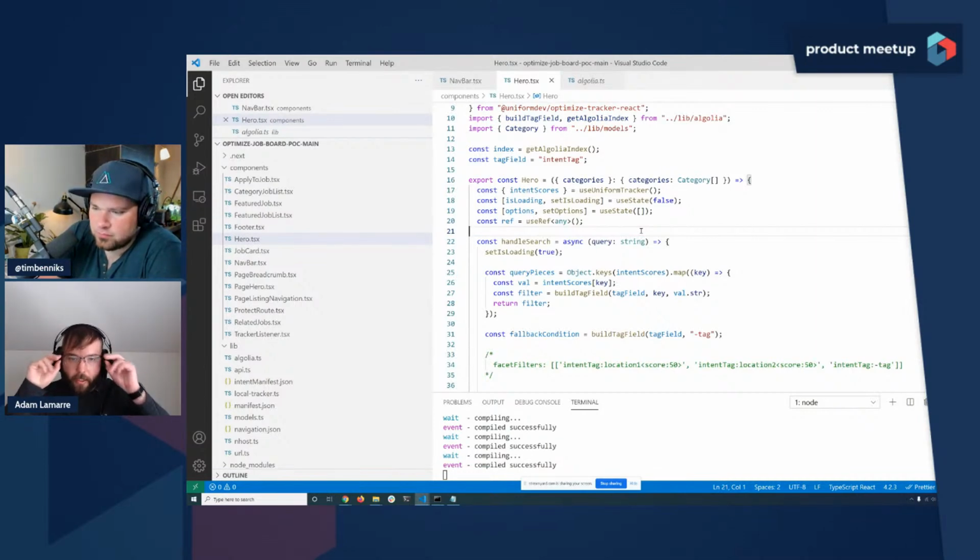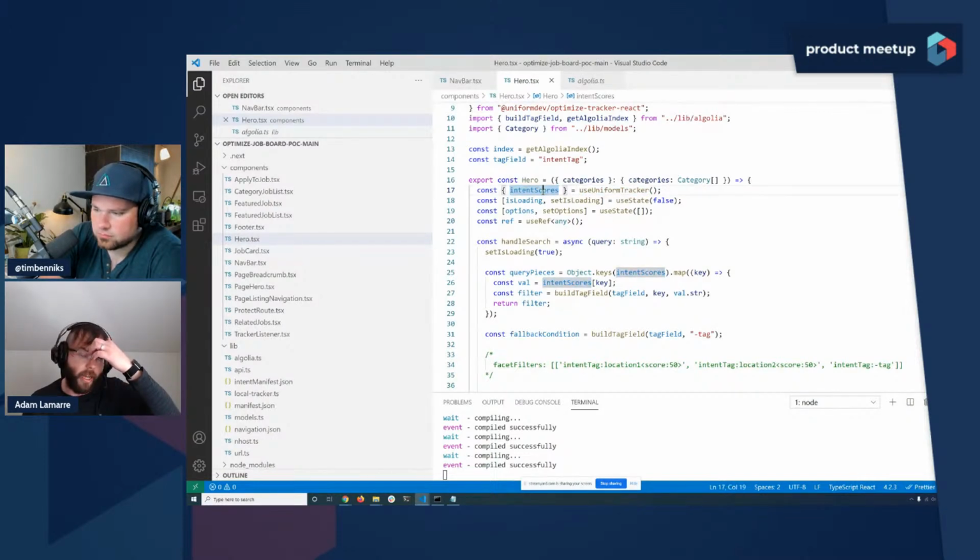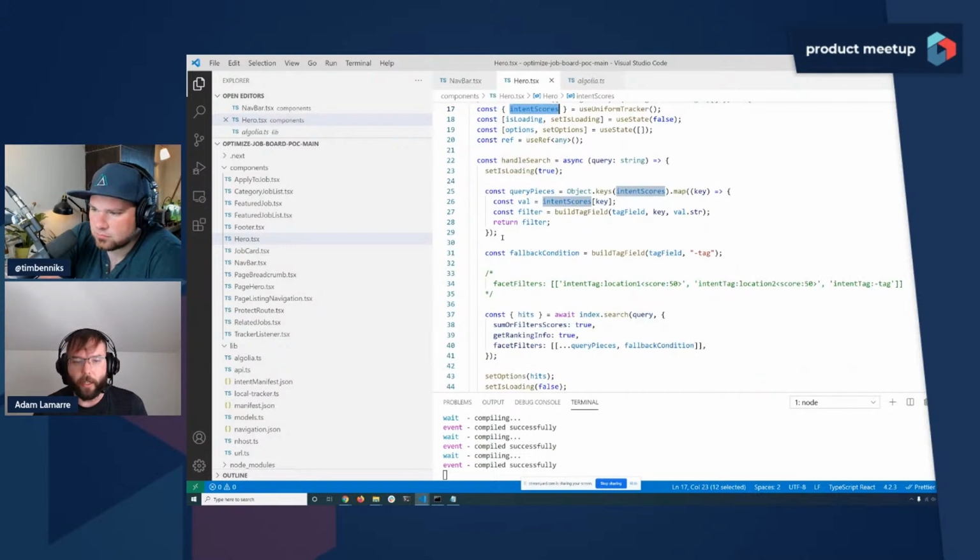But this is using the React library that we ship, and basically there's a hook that can give you the scores, and you'll receive updates as your scoring changes. So we can listen for intent scores, and when a user executes a query, we take those intent scores and transform them